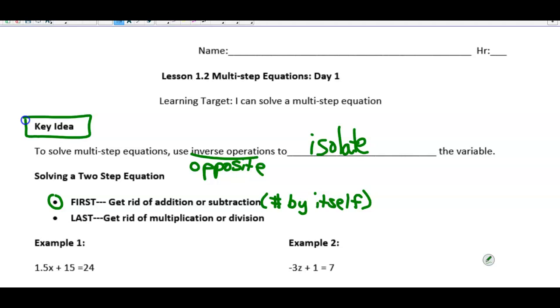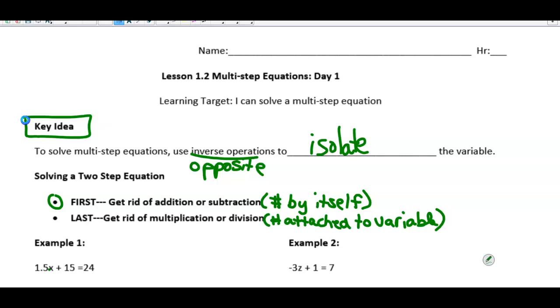The next part is to get rid of multiplication or division. That will be our last step when we undo that. That is the number that has a coefficient, so that is a number attached to the variable. It can be attached by being right next to it, such as here. It can also look like a fraction where it's a variable over a number, but it will be right next to the variable. So let's look at example number 1,